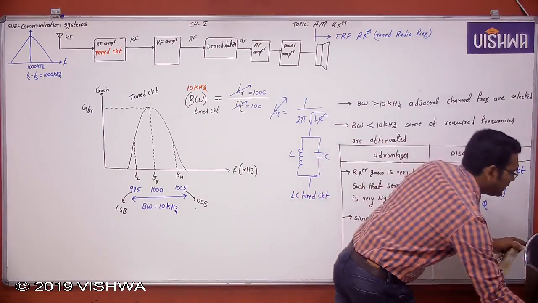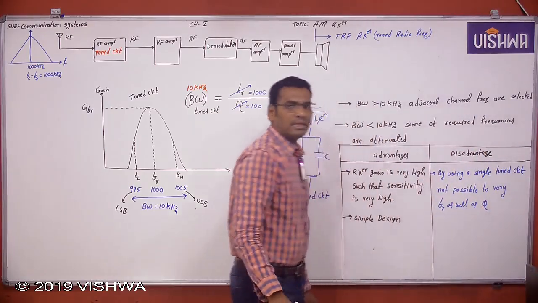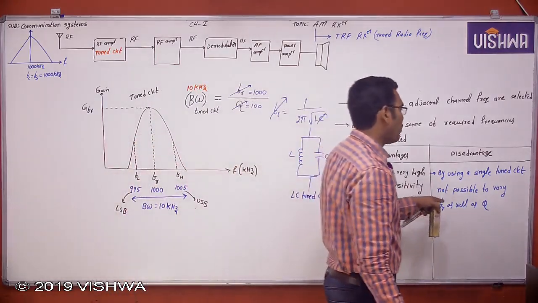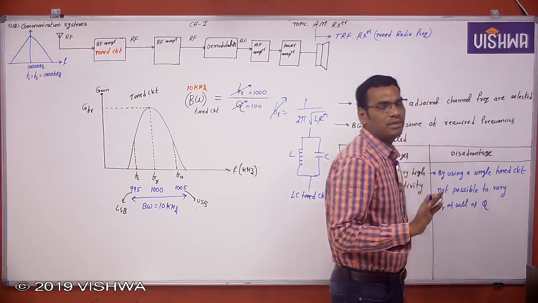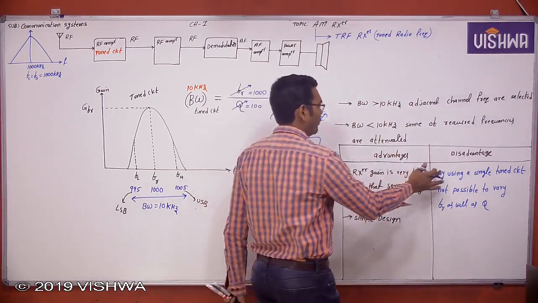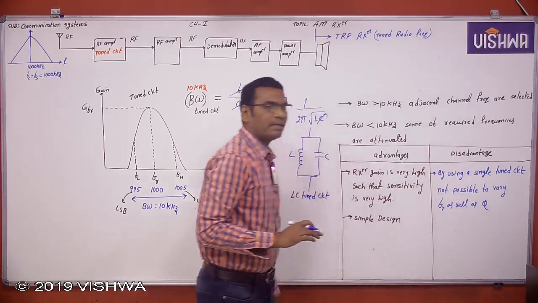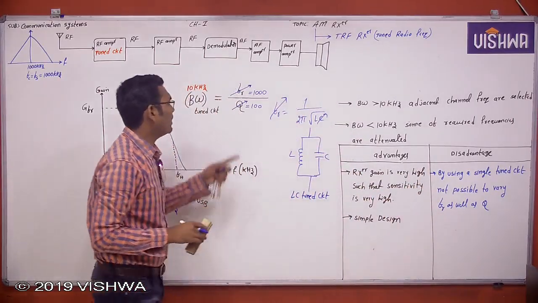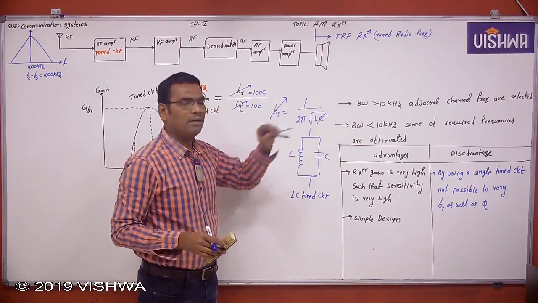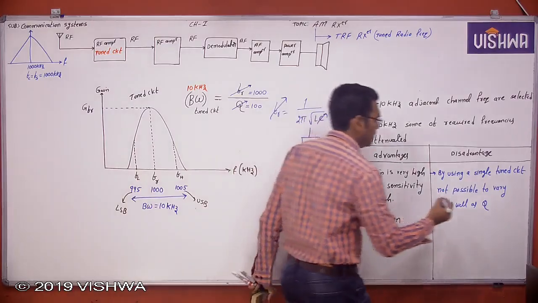The simultaneous variation of resonant frequency as well as quality factor is not possible. Okay, if the simultaneous variation of resonant frequency and quality factor is not possible, then what happens? The bandwidth may be greater than 10 kHz or bandwidth may be less than 10 kHz,